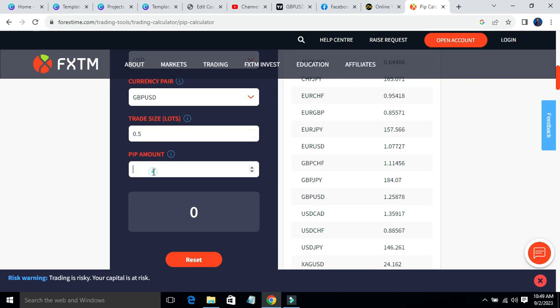Our 30 pips will give us a 150 loss, meanwhile our 150 pips will give us 750 profit. So for this trade we are willing to lose $150 to make